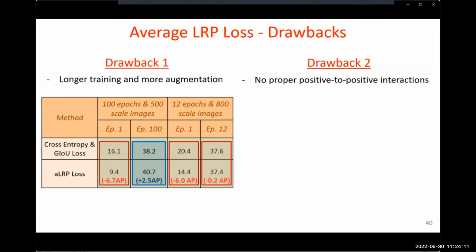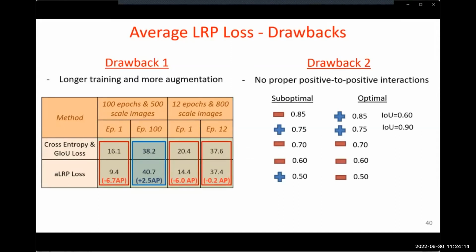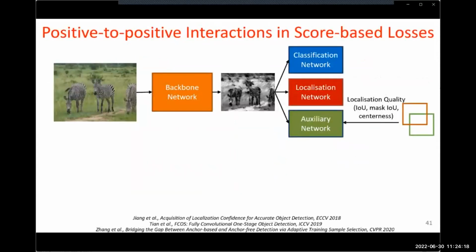Secondly, the classification target of average LRP loss is not designed properly to promote correlation. One common method to promote the correlation between the classification and localization during training is to employ an auxiliary head, which aims to regress the localization qualities of positive examples. Then, during test time, the outputs of the classifier and auxiliary network are combined in order to have a joint score. The auxiliary network is supervised by an additional loss component, which is in general cross-entropy loss,